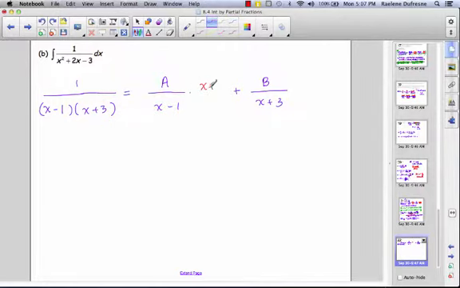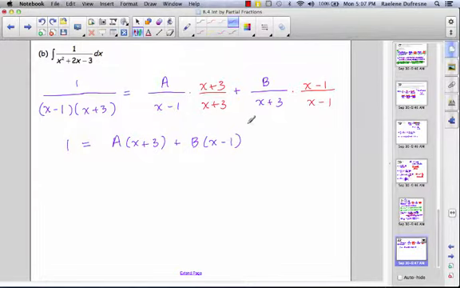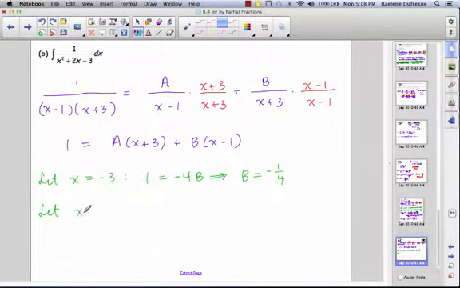So we unreduce, which is the opposite of reducing, and we see that 1 is equal to A times x plus 3 plus B times x minus 1. So here we can let x equal negative 3, which tells us that 1 is equal to negative 4B, and therefore B is equal to negative 1/4. And we can let x equal to 1, so that 1 is equal to 4A plus 0B, and therefore A